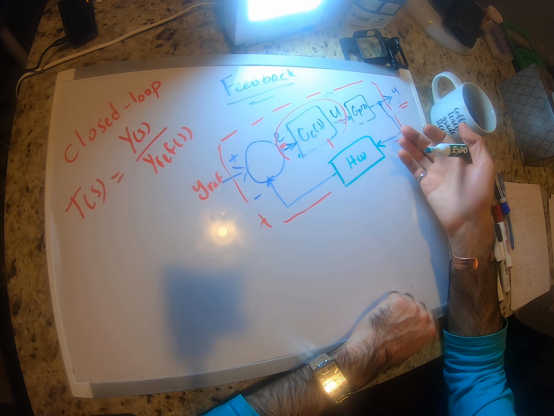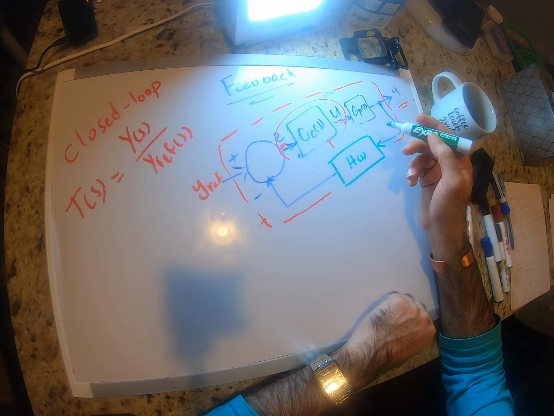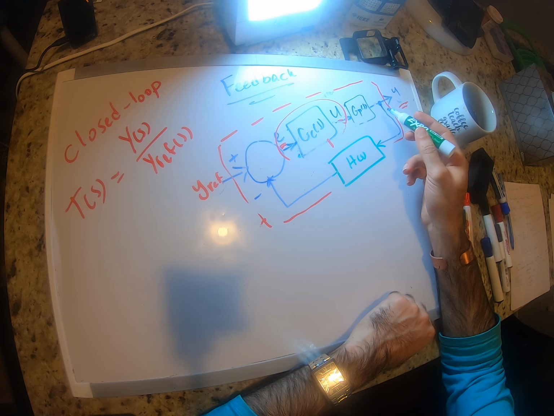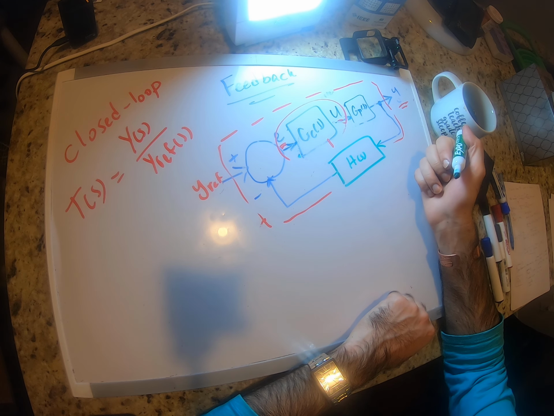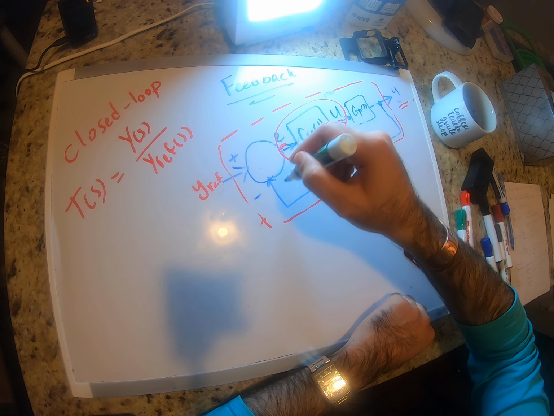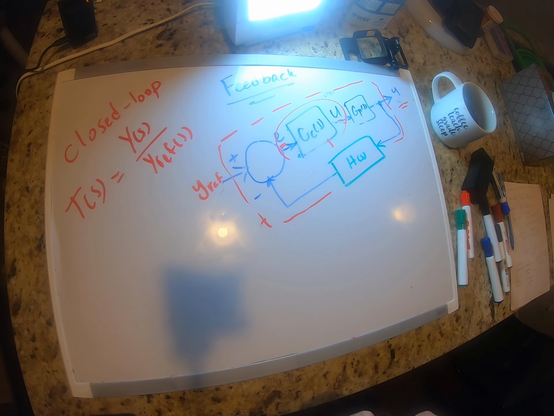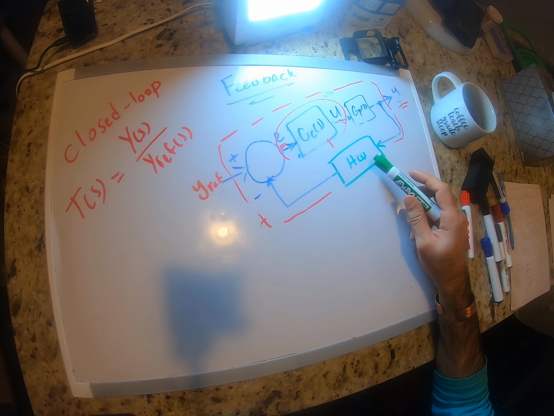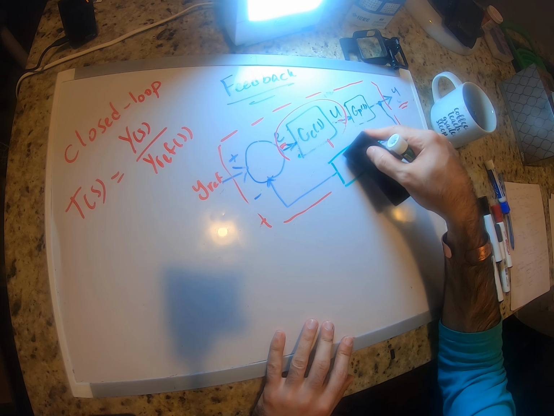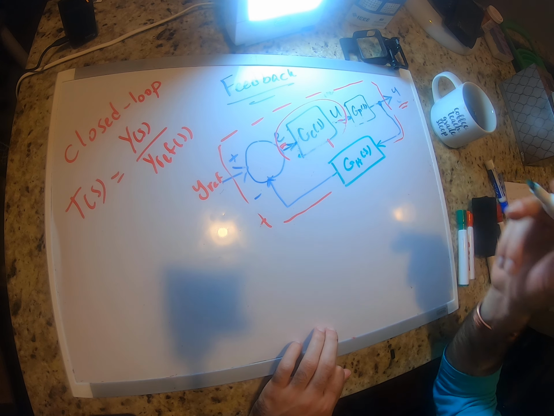One example of that would be, if you want to measure voltage, you might use a PT, voltage transformer, or if you want to measure current, you might use a CT, current transformer, to reduce the voltage or the current so that it doesn't damage the rest of our system, right? So we might have a sensor transfer function or a measurement transfer function. Some people use H(s). I'm just going to use Gh to be consistent. Okay,